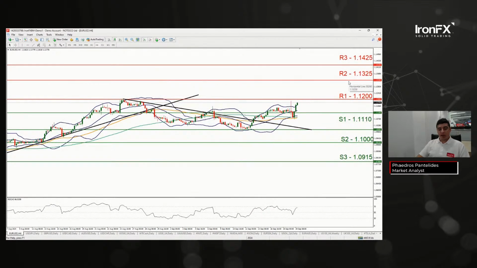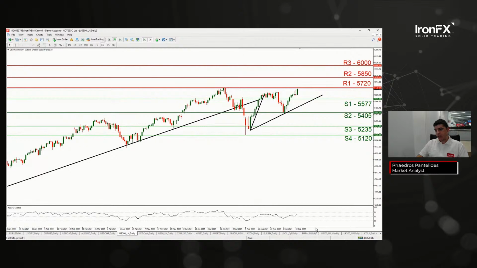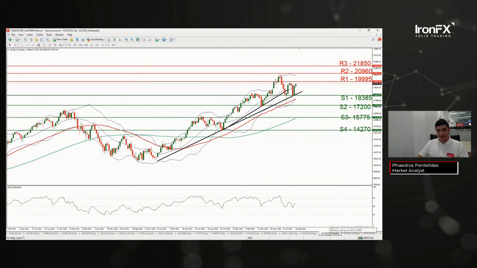And now, before we actually close, I would like to say a couple of things for the Fed's interest rate decision. A 50 basis point cut is nice. It provides support for the US equities markets. You've seen that on the S&P 500, the Dow Jones 30, and the Nasdaq. But the issue I still have with a 50 basis point cut is if you look at Fed Chair Powell's press conference and the bank's accompanying statement, they're implying that the U.S. economy is doing fine and that their main concern is now the labor market. If the U.S. economy is okay and is resilient, then what's the point of a 50 basis point cut?